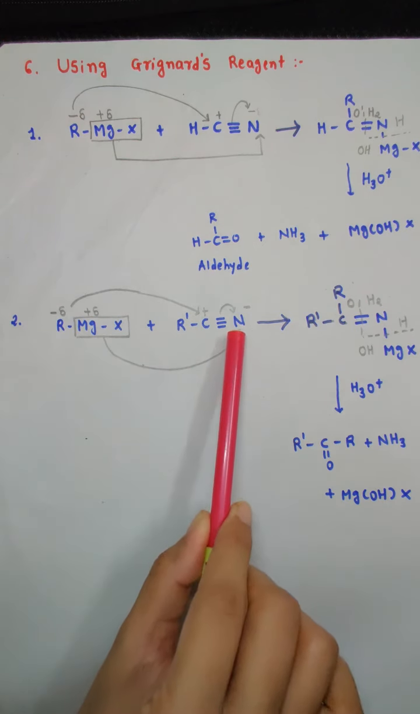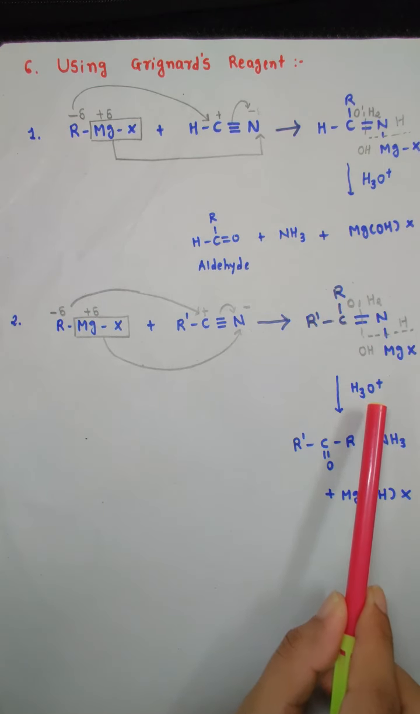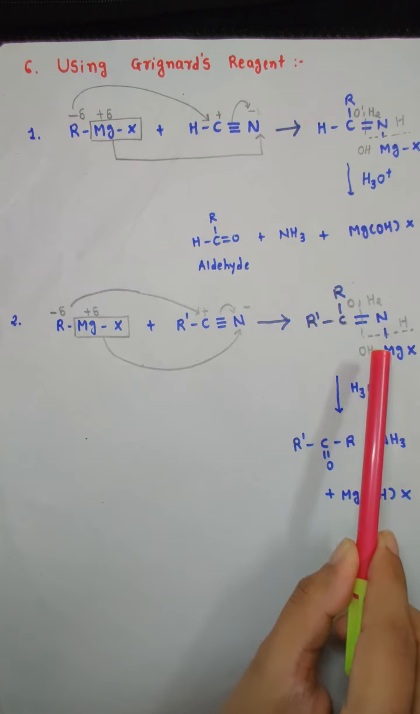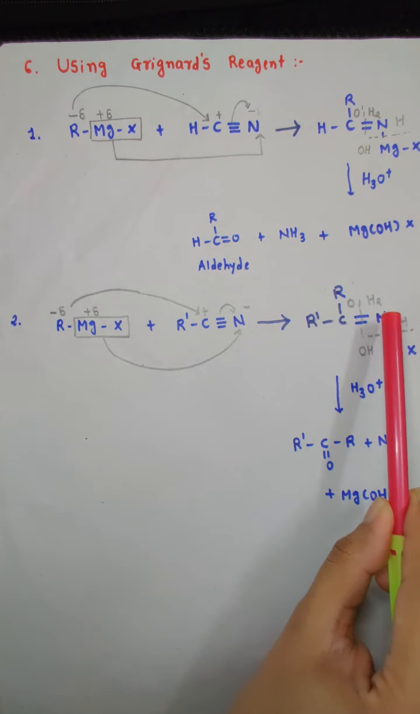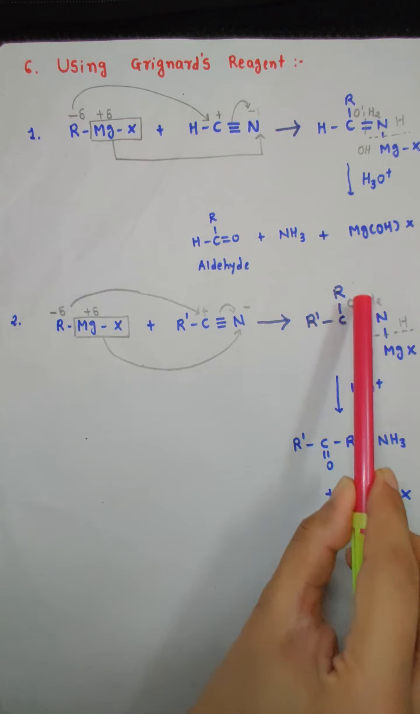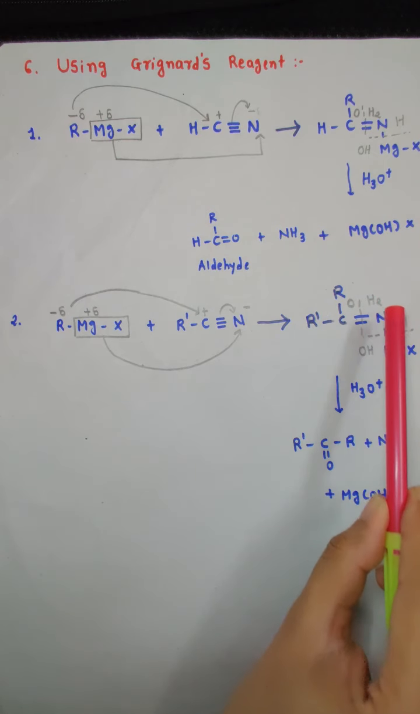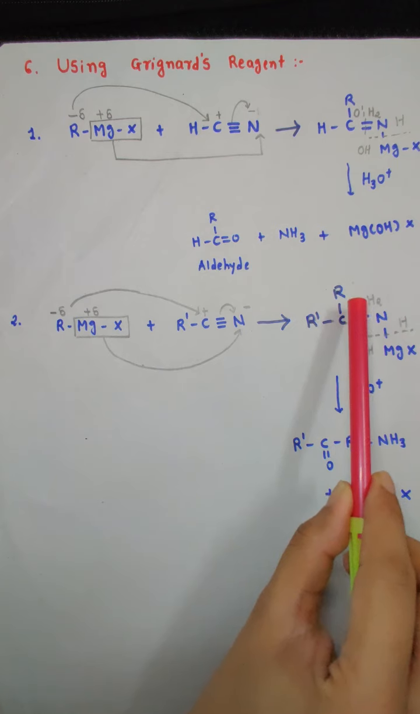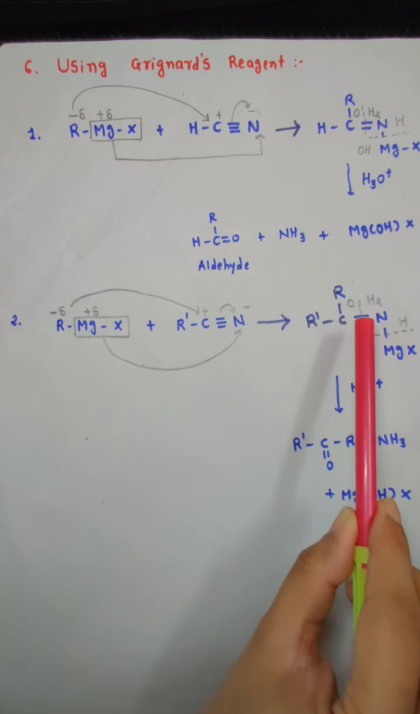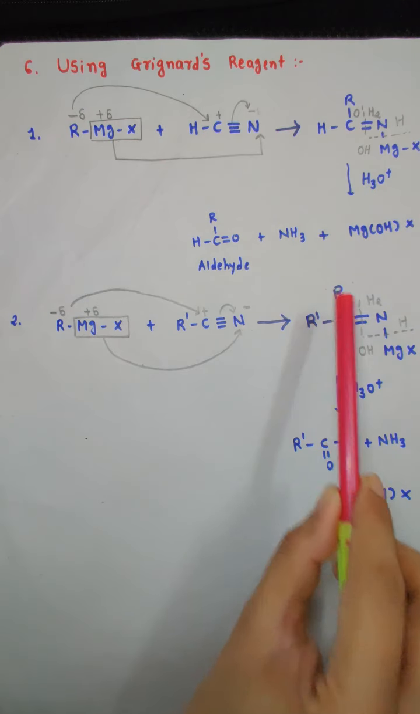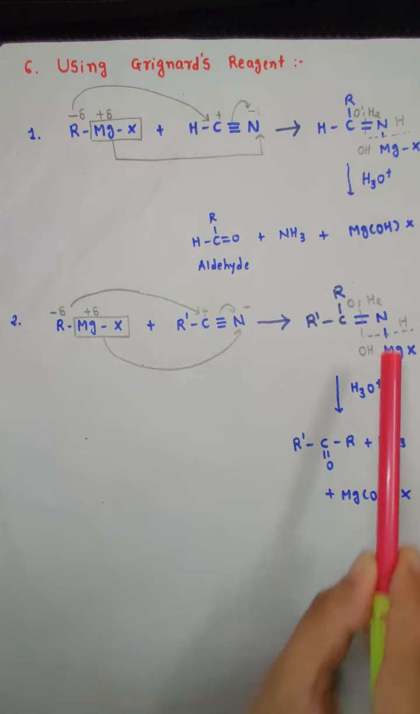Now this intermediate product upon hydrolysis undergoes addition of water in this particular way, where MgX part gains OH and leaves as MgOHX. One hydrogen is added on this side to the nitrogen atom, and this carbon double bond nitrogen also gets hydrolyzed in this way, and two hydrogens are added to nitrogen and one oxygen is added to carbon. So we get what? R dash as it is C double bond O and R, which is your ketone, then